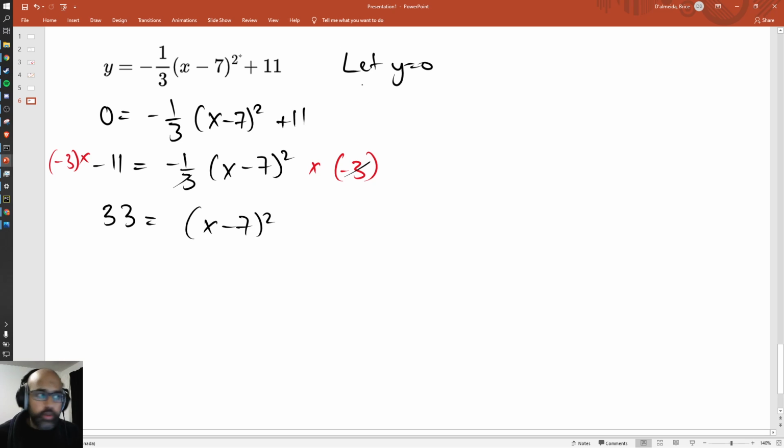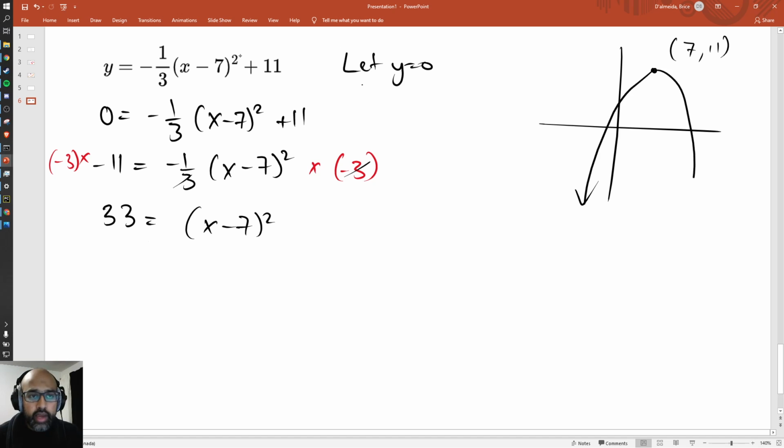As a quick side note, in this formula here, we had it in vertex form. We could draw a sketch. The vertex is located at 7, 11, something like this. And we would predict even from the get-go, because of that negative a value, this parabola would open downwards. And we would see that we get two x-intercepts. The reason why I'm pointing this out to you is that we should predict from solving this equation we get